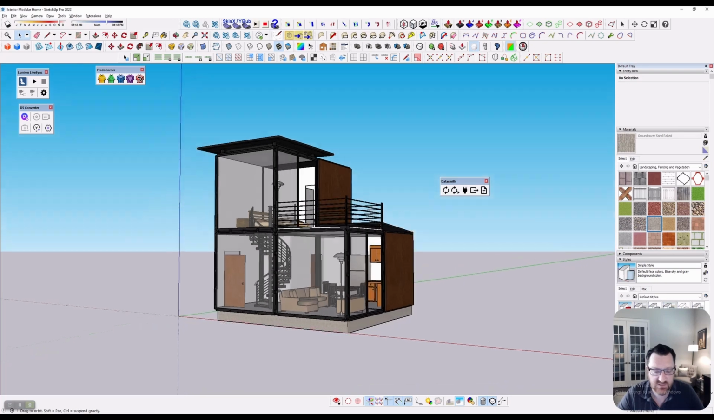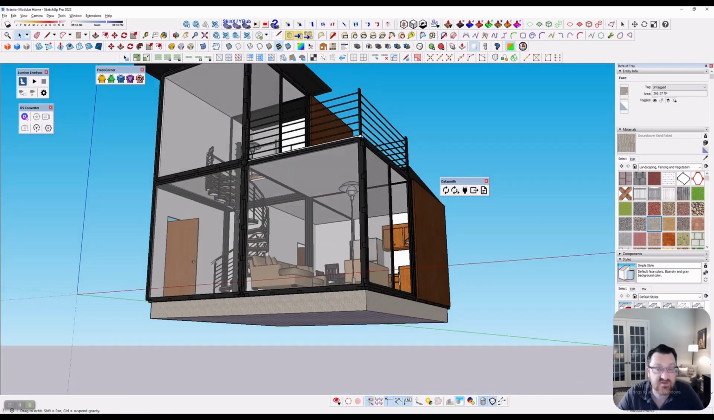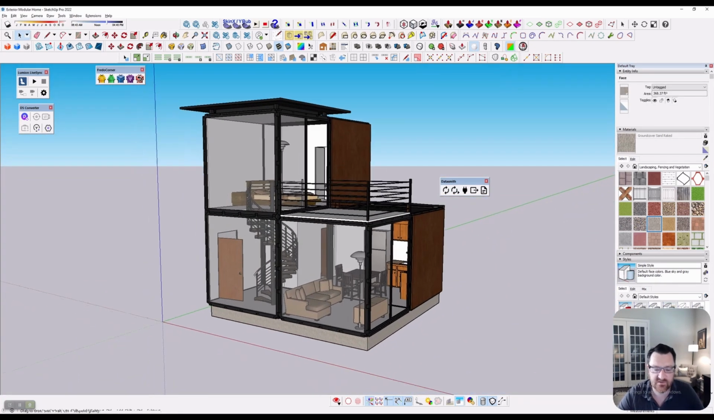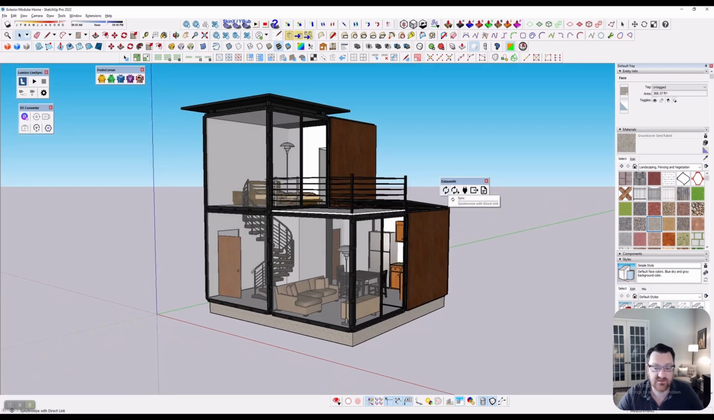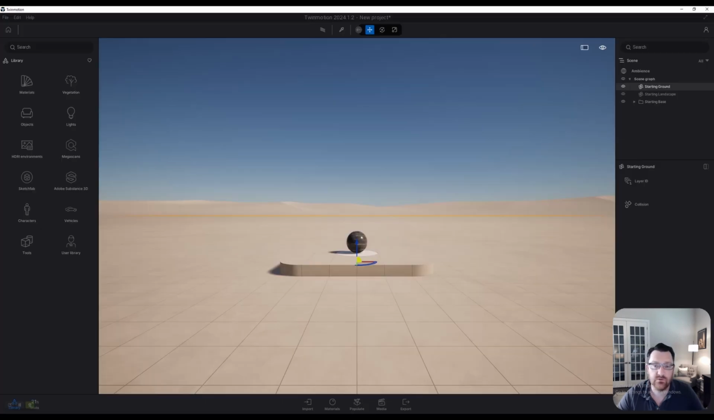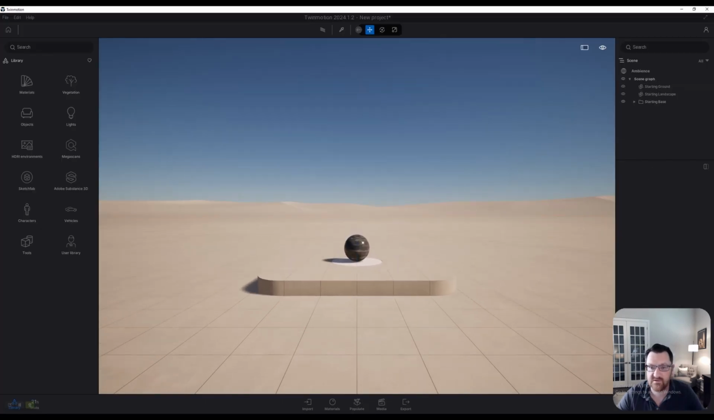So anytime we make a change, for example, I have added this concrete slab to the base of our home, all you have to do is just hit sync over here. All right, and we're going to bounce directly into Twinmotion now. So you can see here is our brand new Twinmotion